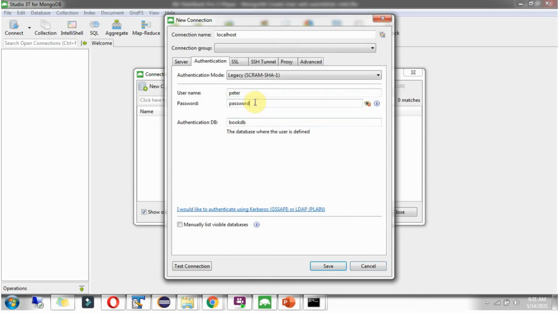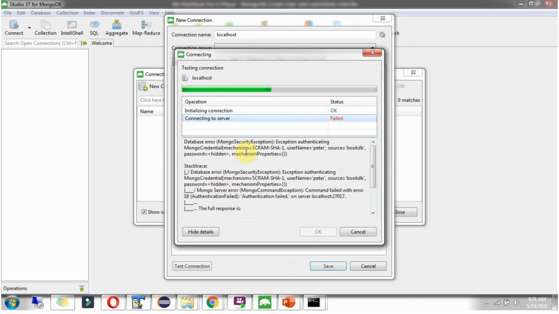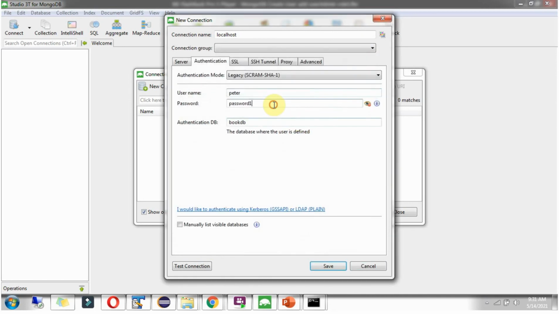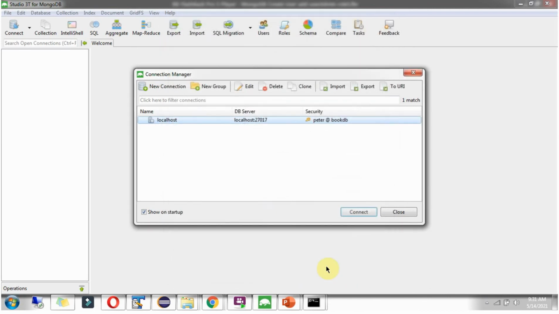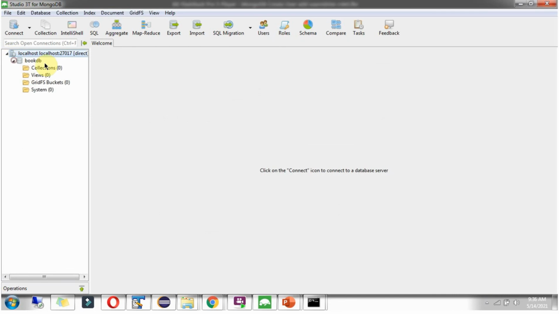Suppose if you give a wrong password, then the connection fails. I am giving the correct password. Click on save. Connect. If you see, the user Peter has successfully logged into the book database, but he cannot see the collection documents and